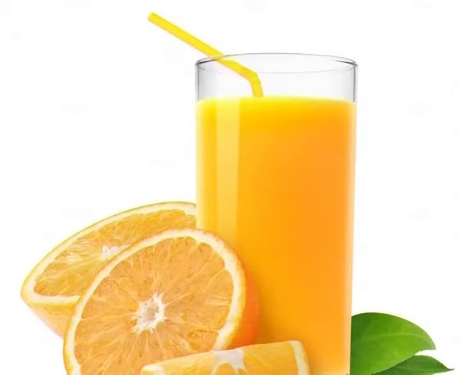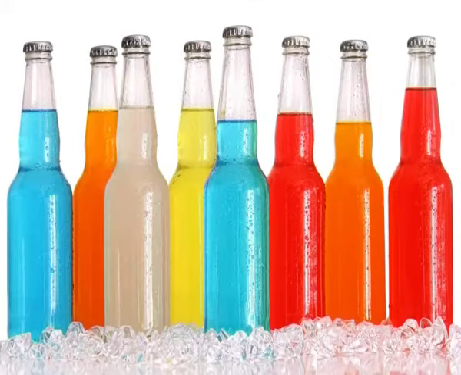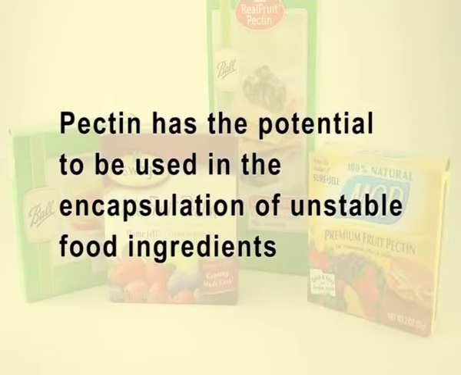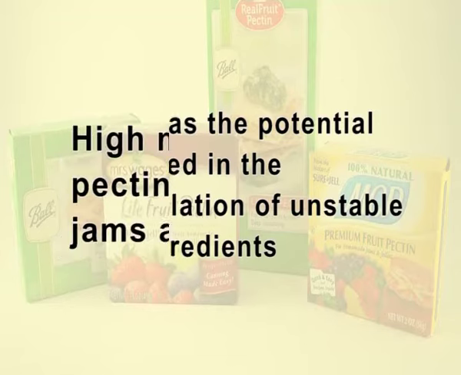It can be used to improve the mouthfeel and the pulp stability in juice-based drinks and as a stabilizer in acidic protein beverages. It also reduces syneresis in jams and marmalades and increases the gel strength of low calorie jams. Pectin has a potential to be used in the encapsulation of unstable food ingredients such as high